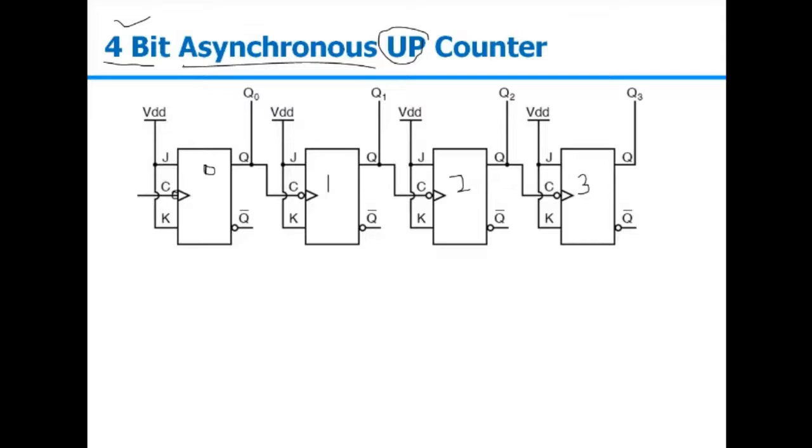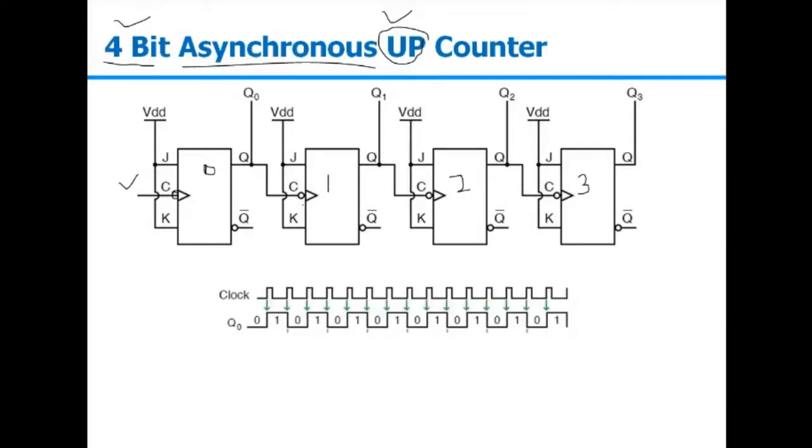Since we are using a sequence counter, the clock will only be applied at the first stage. So here in the 0th stage, we will be applying the clock. In all other stages, like the first stage, second, and third, the clocking input will be the output of the previous stage. So if you want to have an up counter and you are working with negative edge triggered flip flops, as per our discussion, we will be connecting Q to the clock. If it is a down counter, we will be connecting Q bar to the clock. So now let's see its working.